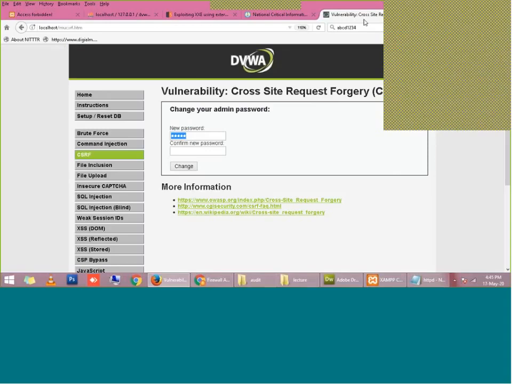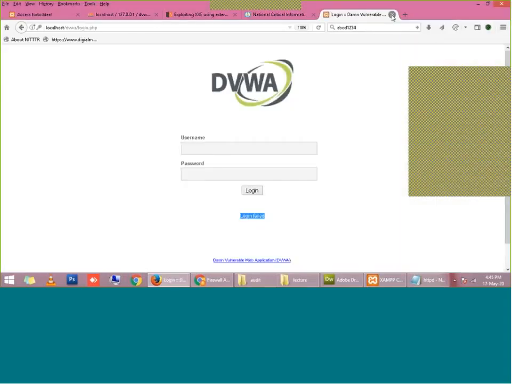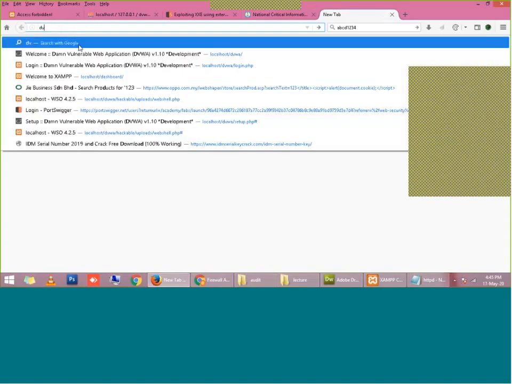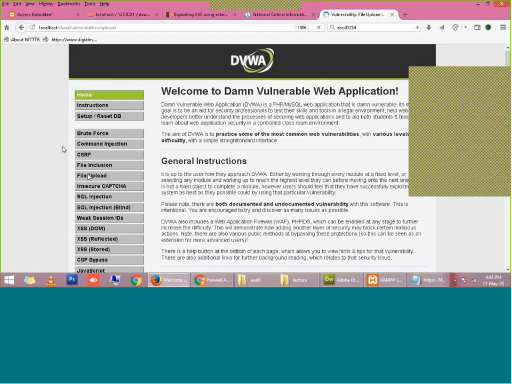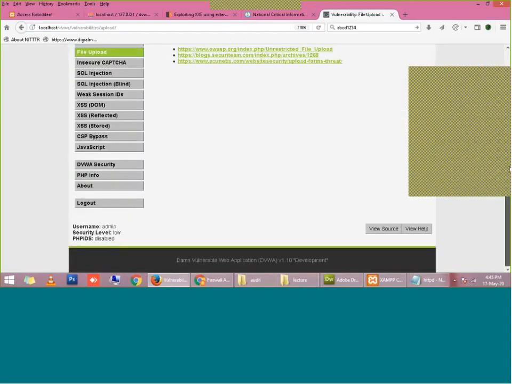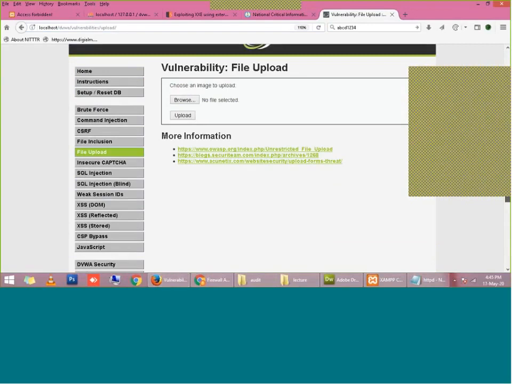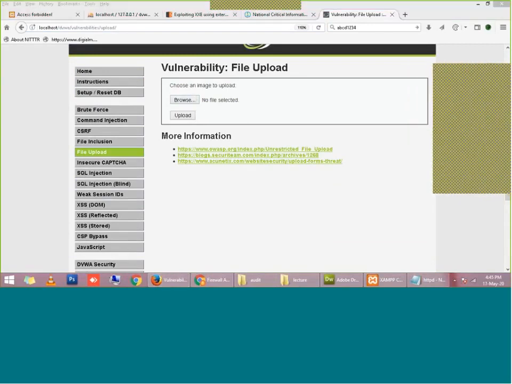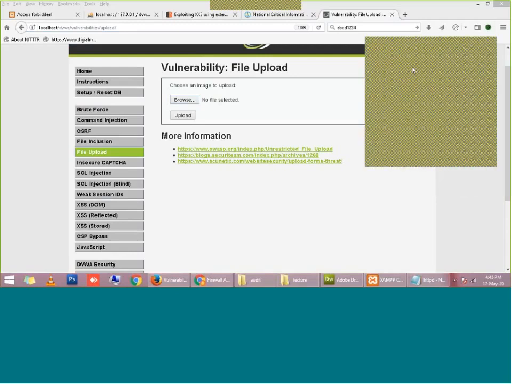The last and final attack is called shell upload. Let me show you the shell upload. I will again log into DVWA. In DVWA, you will find a file upload option, and it says you have to upload images. But as a hacker, if you want to take over their server, you can upload any malware file. So I will upload a malware file here.